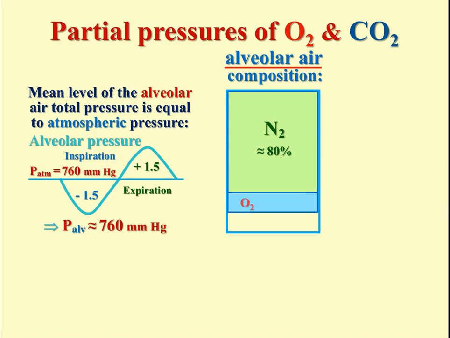Then second place is occupied by oxygen, which is 14.5% on average in the alveolar air. Then we have CO2, about 5.5%. And finally, we also have water vapor, which is in a gaseous state, so it's also a gas, an additional gas that creates certain